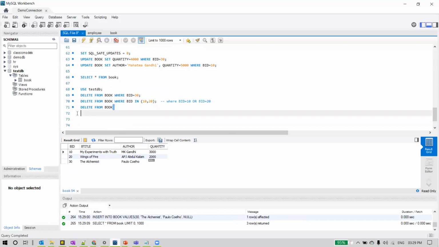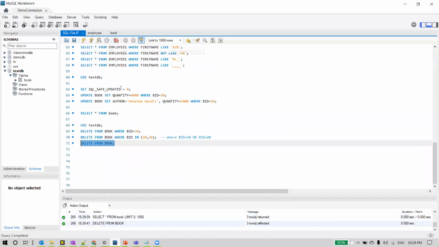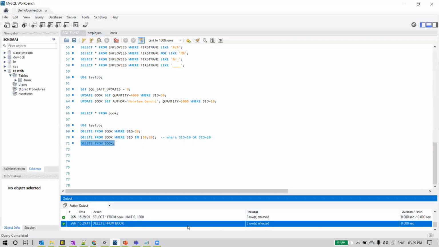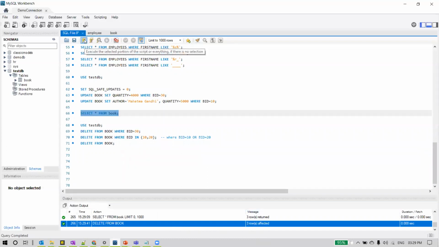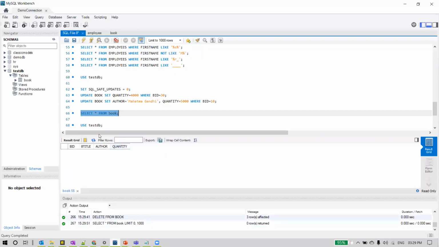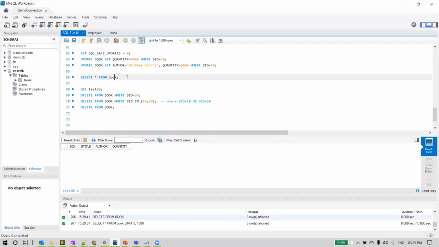Now we wanted to execute this delete from book command, and I am not specifying a where condition here. Observe that. What should happen? All the rows should be picked up for deletion and removed from this table. So let me execute this now. 3 rows affected. It says clearly 3 rows affected. We can check that by viewing the data from the table. And you can clearly see here, when we try to read the data from this table, we don't see any rows in the table, meaning all the rows got deleted with this command delete from book.